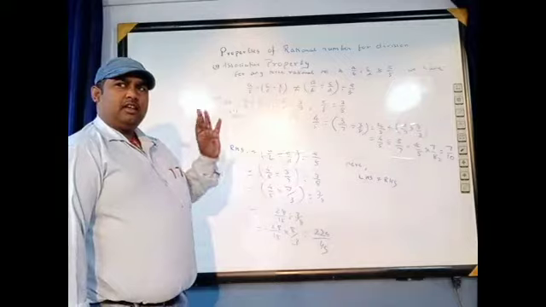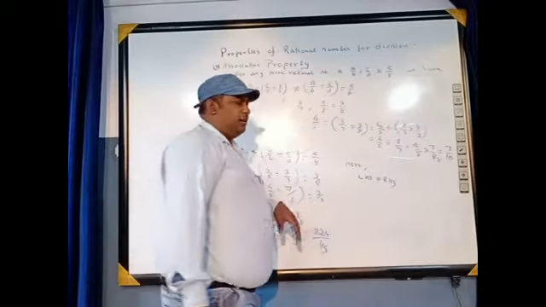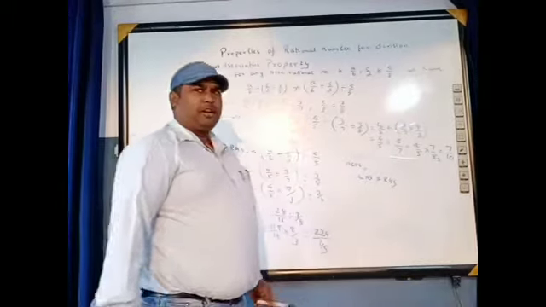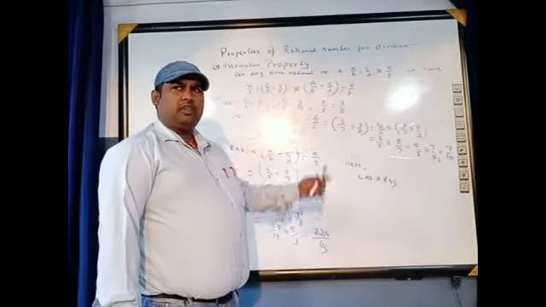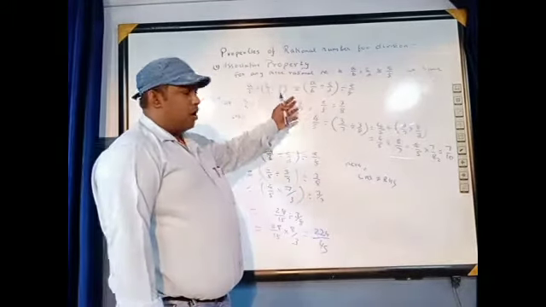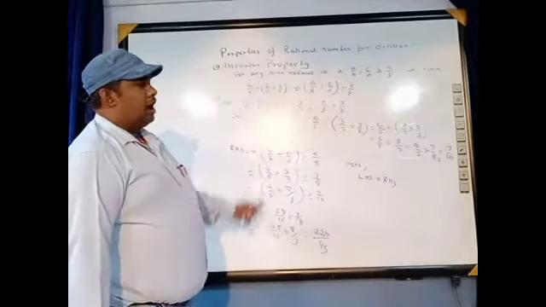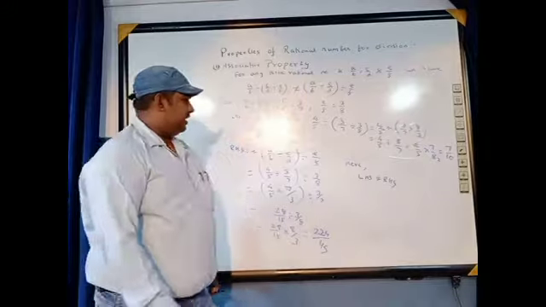Okay, means we have properties for the division, but only one exists, that is closure property, but the other two properties do not exist. Okay, here we have seen with the example. Now our next topic, that is